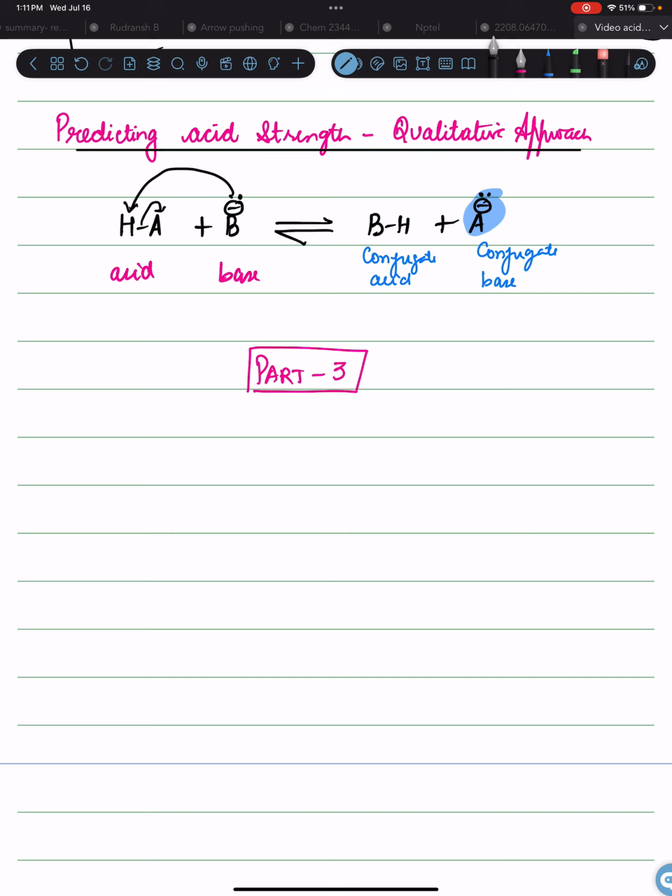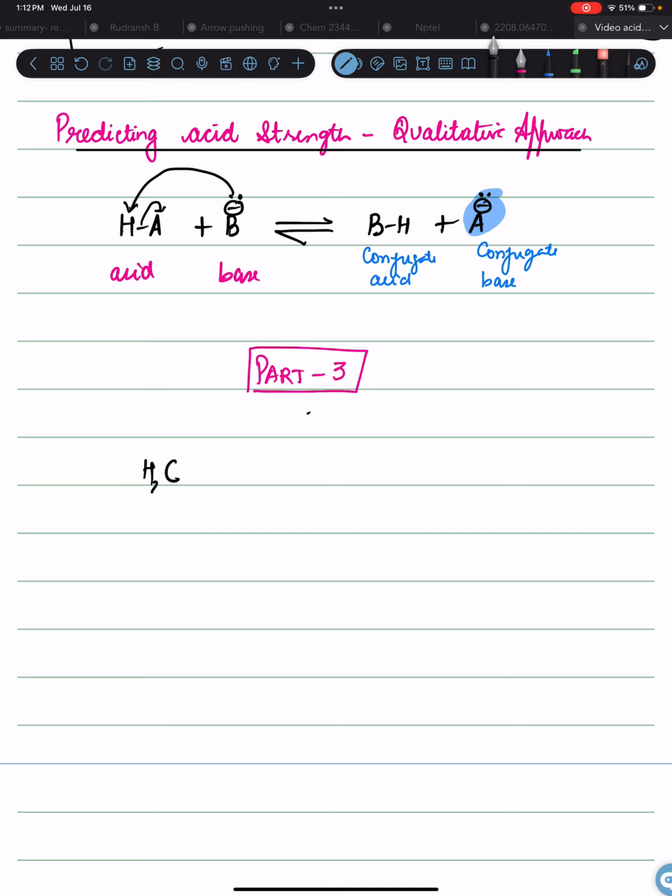In that series we discussed the concept of electronegativity to predict the stability of the conjugate base. In the second one, we used resonance to predict the stability of the conjugate base and thereby compare the acidic strength. Now to this we are adding one more thing, and I'm going to pose a problem and then we will explore that. Now suppose I have ethanoic